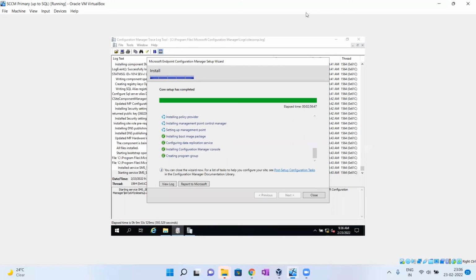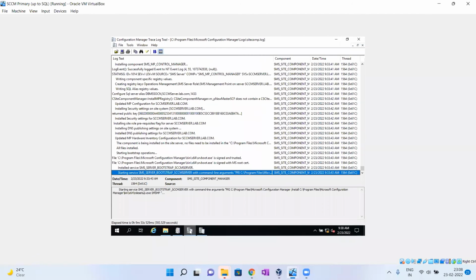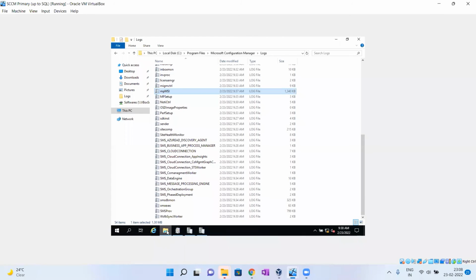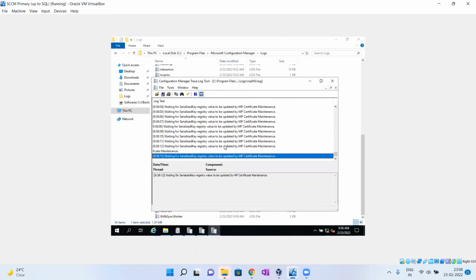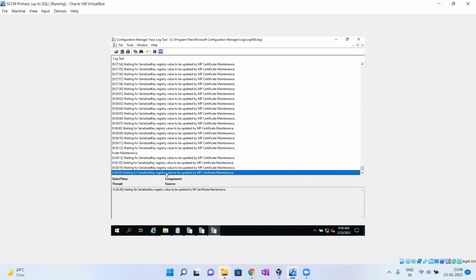We'll monitor it. Still MP installation is going on. We'll monitor MP installation in the MPMSI log. Let me open MPMSI. MP installation is still going on.